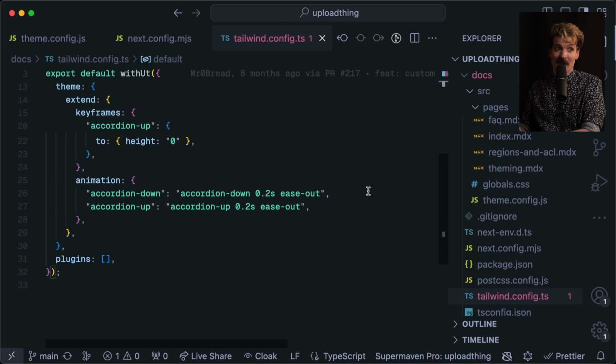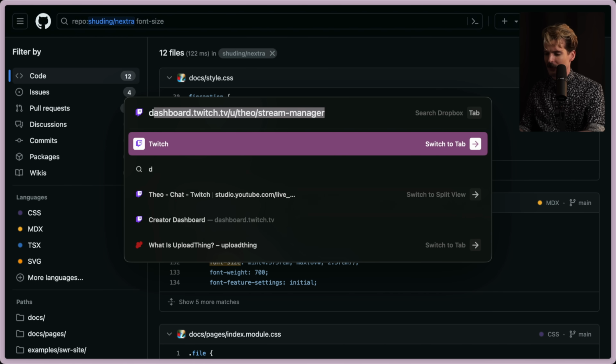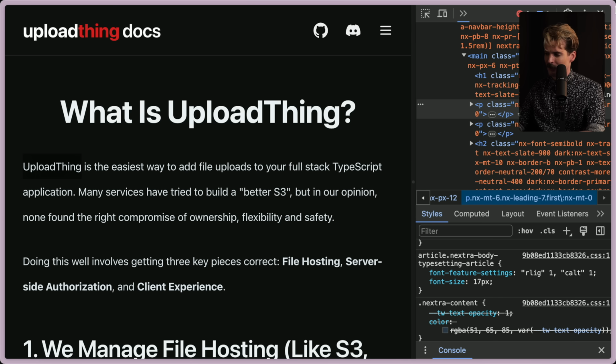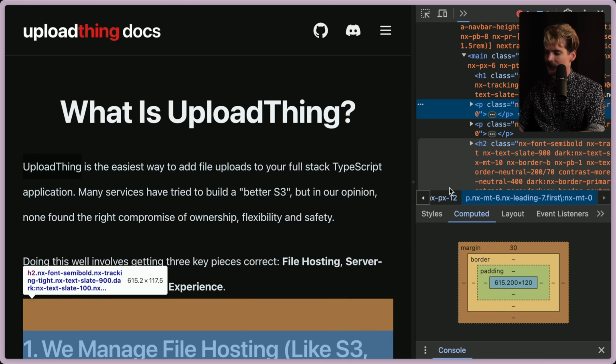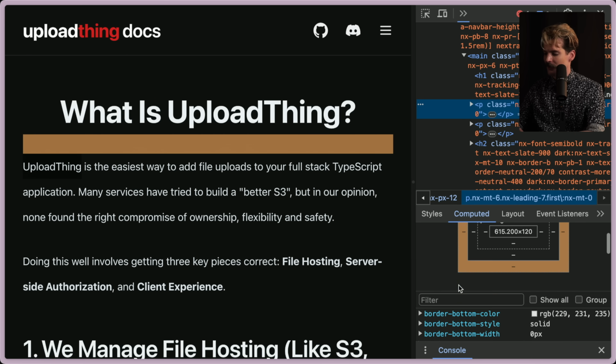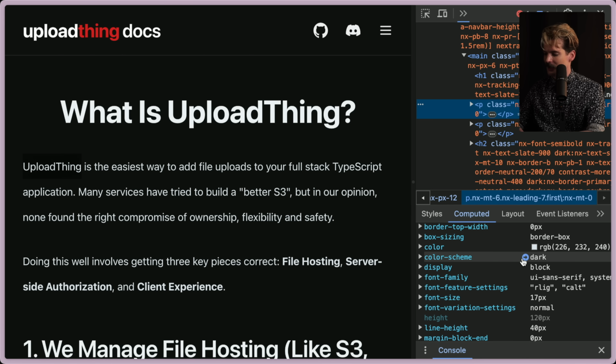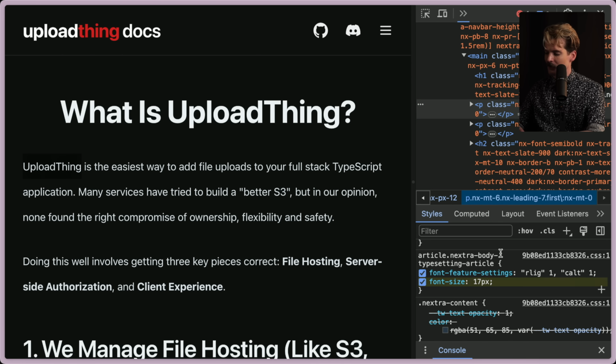I'll be honest, this article convinced me, and I was going to show you guys me changing the docs that we have for UploadThing, which if you're not familiar is the best way to do file uploads in Next. I was going to go quickly change this to use a default font size of 100%. And I realized when I looked at the element that the font size that it has is 17 pixels. And when I saw where that's coming from, it's coming from Nextra body typesetting article,